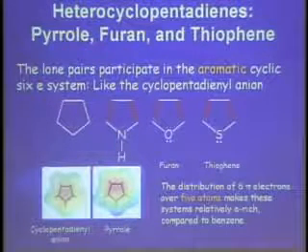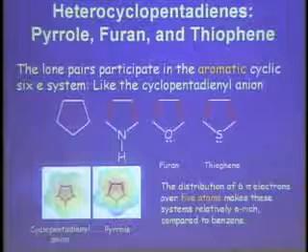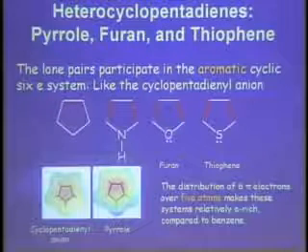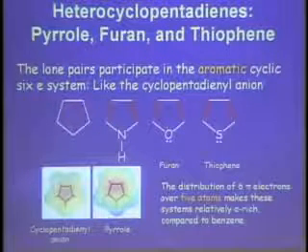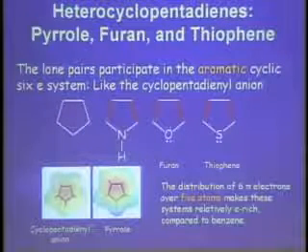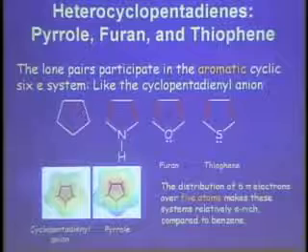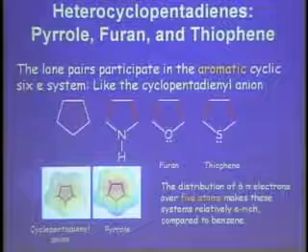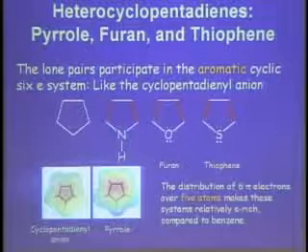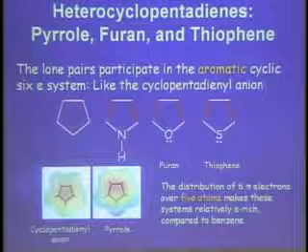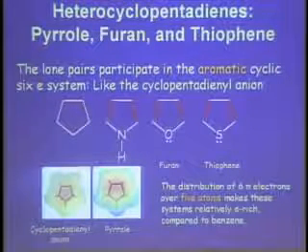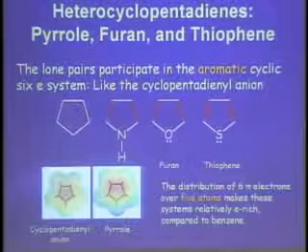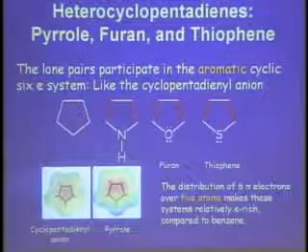There's another feature that imparts special reactivity of these, particularly in electrophilic aromatic substitutions. And that's related to the extreme example of this, namely the cyclopentadienyl anion. If you have 6 electrons distributed over 5 carbons, as opposed to benzene, 6 electrons over 6, per carbon you have much more electron density on each carbon. And the same thing is true here. If this electron pair really kicks into the delocalized pi frame, then we are adding electron density to the delocalized pi frame. And so all these guys are relatively electron rich relative to benzene.